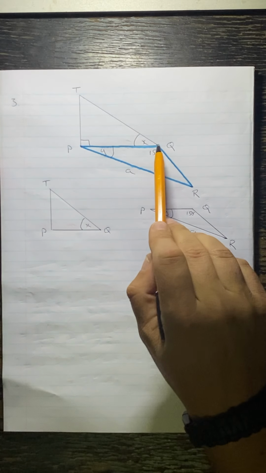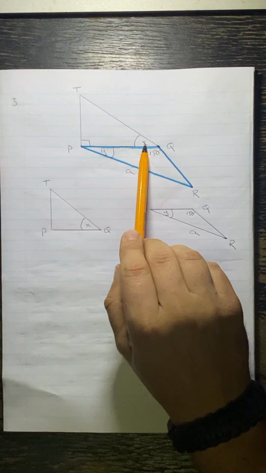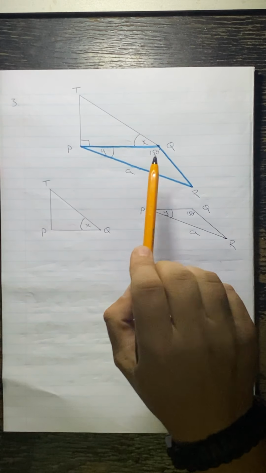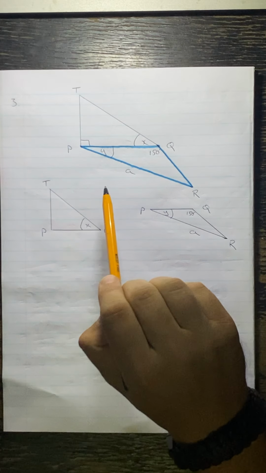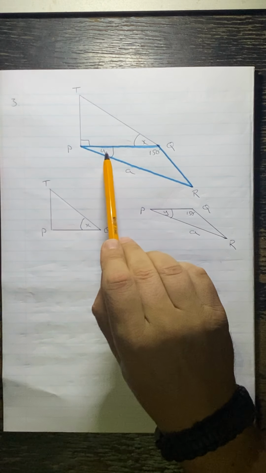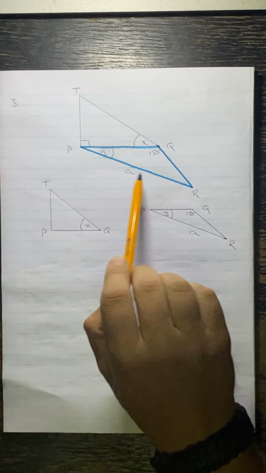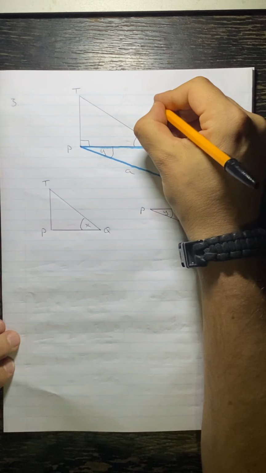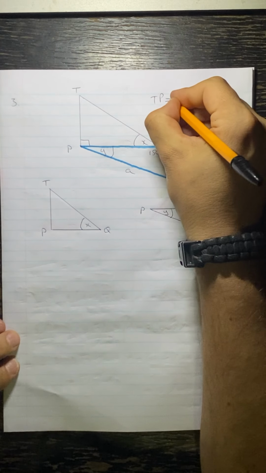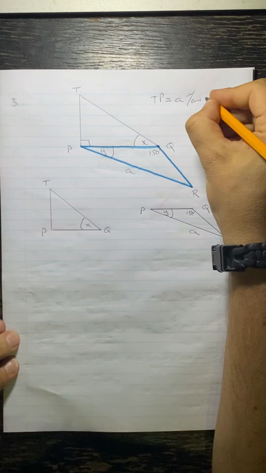From Q, the angle of elevation of the top of the building is X. Then we have that PQR is 150, and then QPR is Y, and the distance between P and R is A meters. We have to prove that TP is equal to A tan X